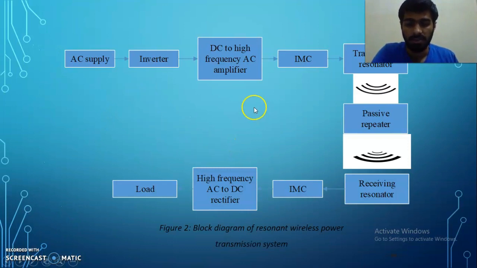Okay, this is the block diagram for the wireless power transmission, our wireless pad. There will be an AC supply directed from the power outlet into the wireless charging pad. Inside the charging pad there is an inverter which converts the AC to DC, and then that DC will be converted to a high frequency AC amplifier, so that we can choose any high value of frequency that we want to